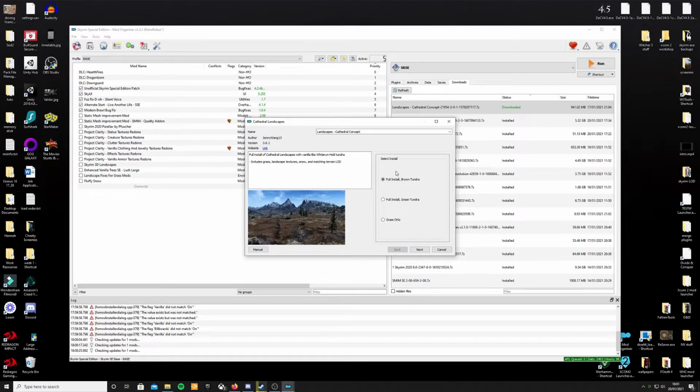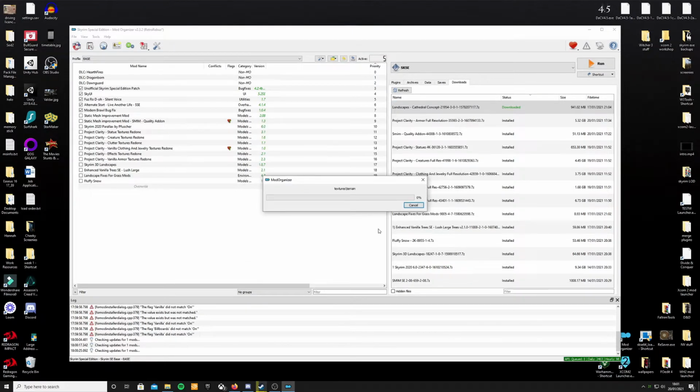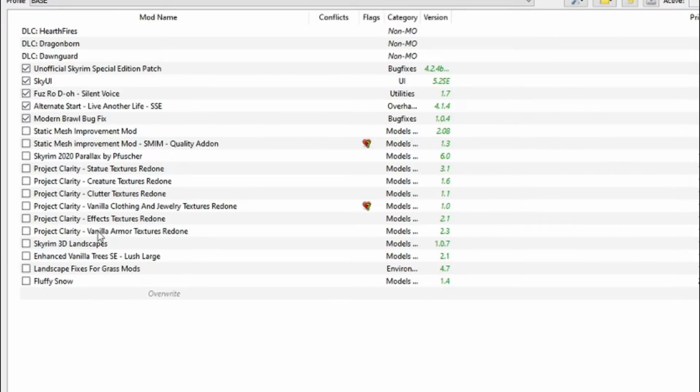Do you want the green tundra or the brown tundra? Do you know what? We're doing a vanilla plus, so we're going to stick with brown tundra. Brown. Default blended road style. Blended roads. Install that. And there we go. Now, we have all these mods that need to be activated, so click on the bottom one,